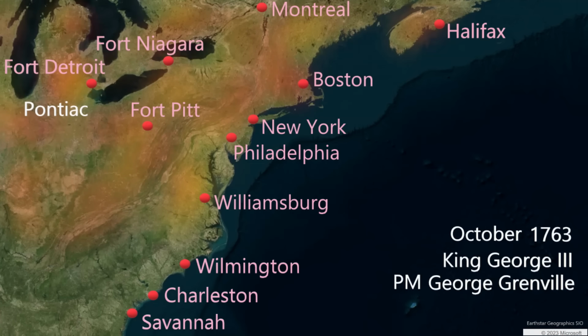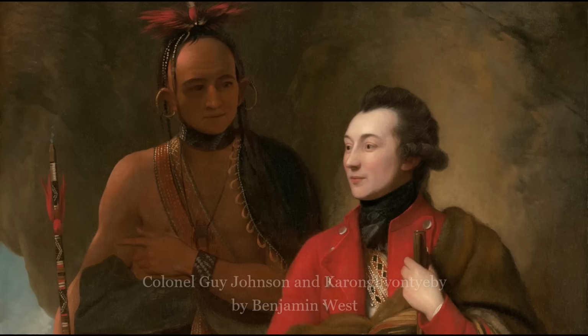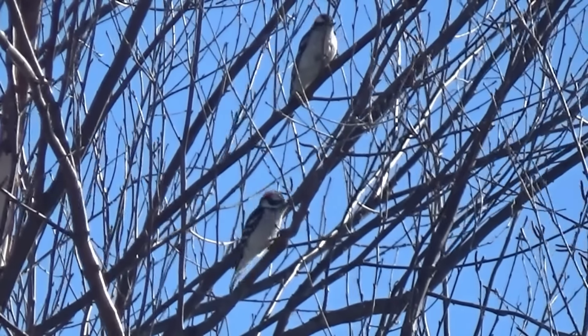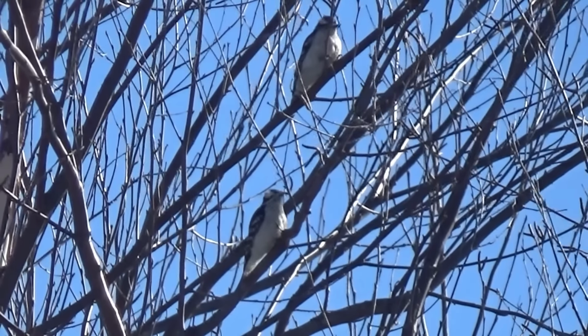October 1763. King George III issues the Proclamation of 1763, an effort to end the conflict between the British and the natives. White settlement beyond the Appalachian Mountains is forbidden. George wants to consolidate his American holdings, and his focus is on ending hostilities, establishing formal boundaries in Britain's new lands in Canada and Florida, and replenishing the national debt from the war against France.